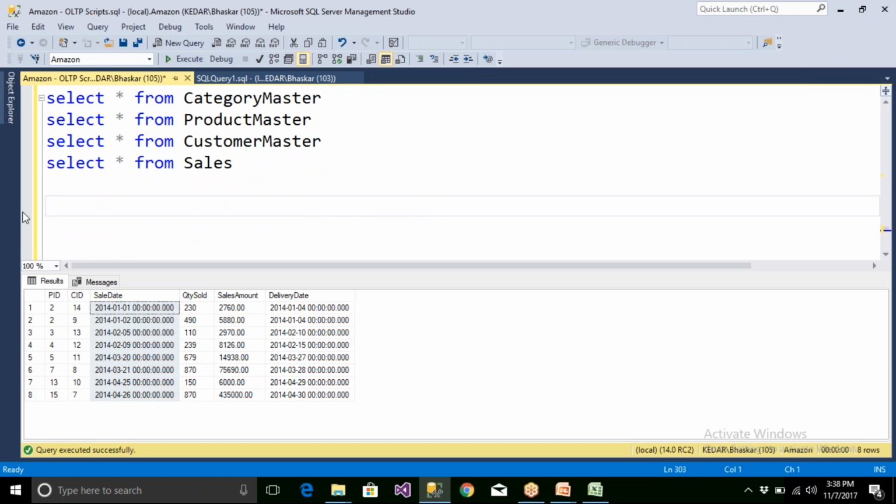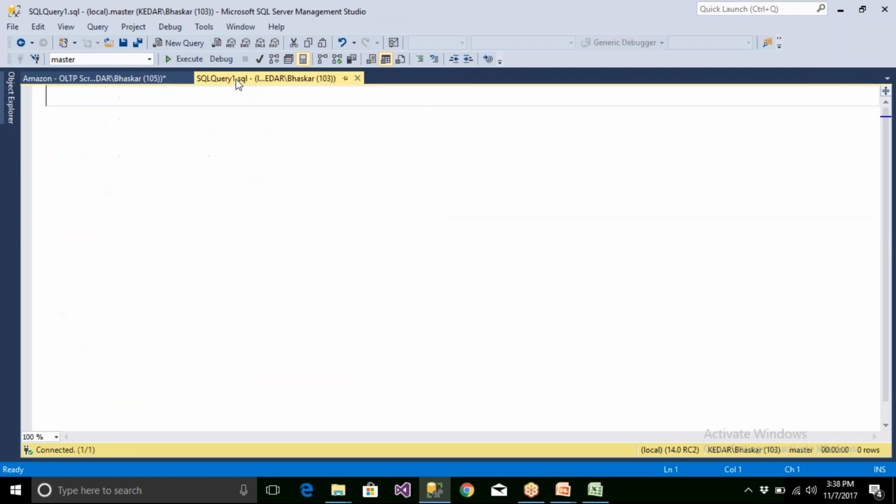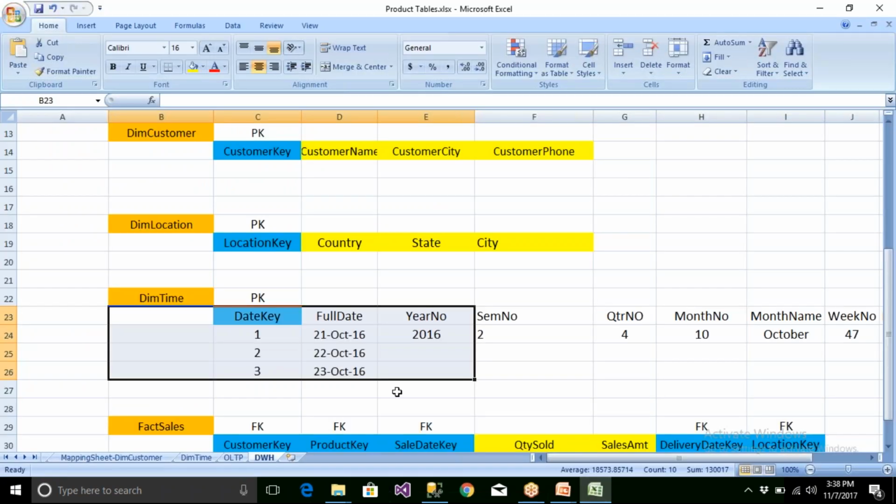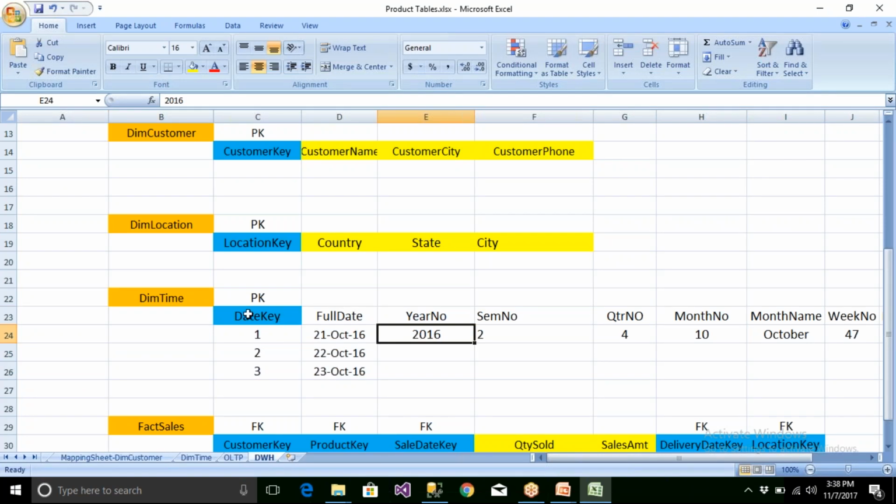Clear? No. In a data warehouse, this is the reason why they don't want to create date part functions. They will have a specialized dimension table for this. But how will the data be inserted into this table? For this, you have to create your own stored proc, or you should be able to download the stored proc from the net or from Google. You should be able to create and insert the data.